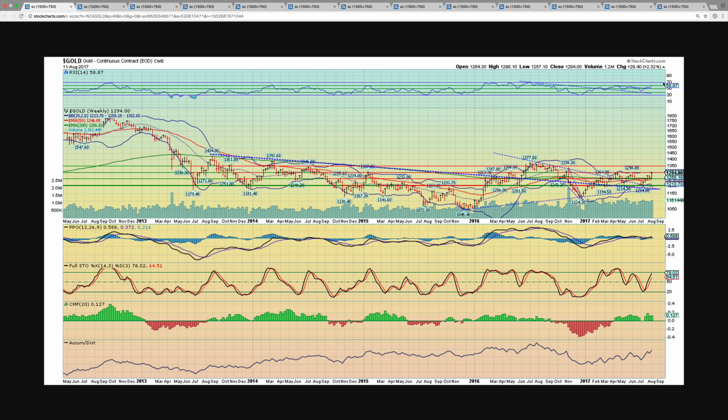and the next target that we see on this particular contract is 1350. Now, why are we so confident in this particular breakout? We broke out of this downtrend here several weeks ago. We retested it to the downside successfully around the 1200 area, and now we broke out